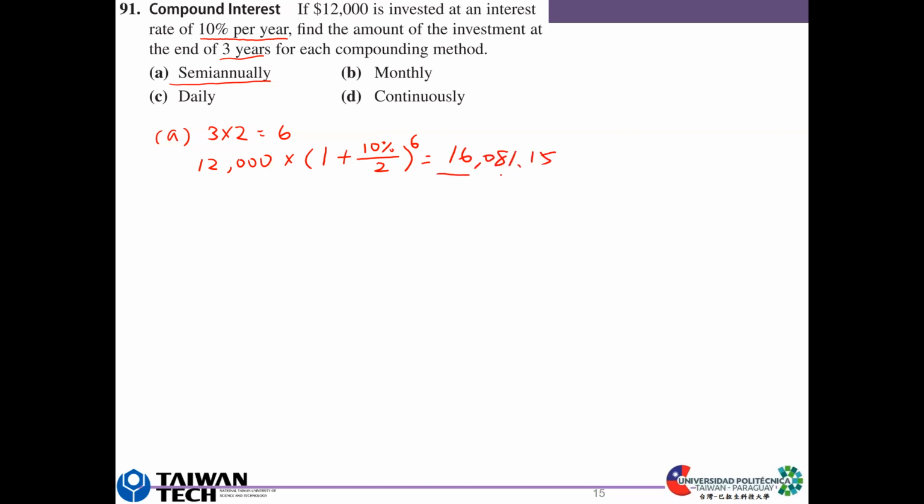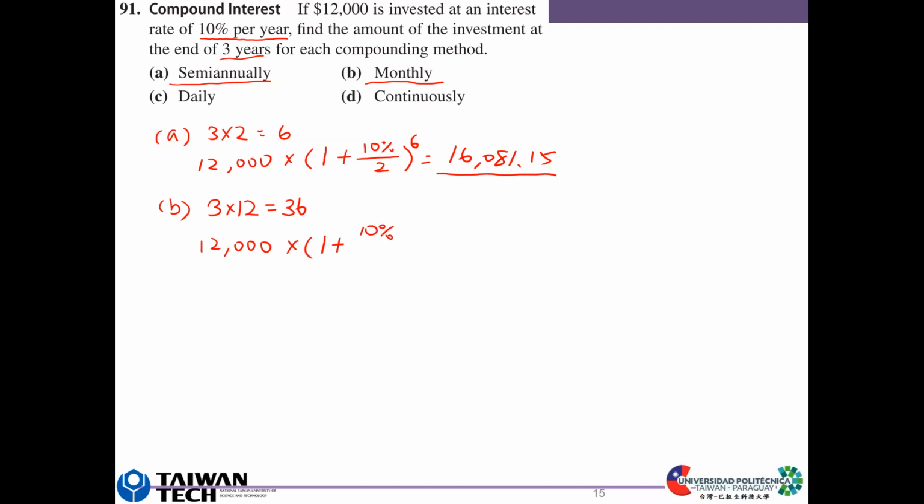Okay. This is the result for answer for problem A. Okay, and so for B, if it has 3 years and it compounds monthly, it compounds 3 times 12 equals 36 times. Okay, and then the equation becomes the initial capital 12,000 times 1 plus